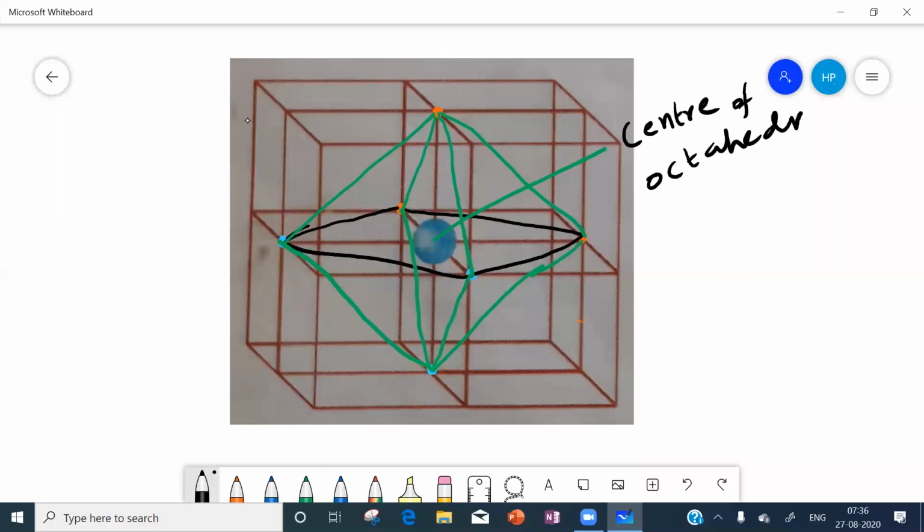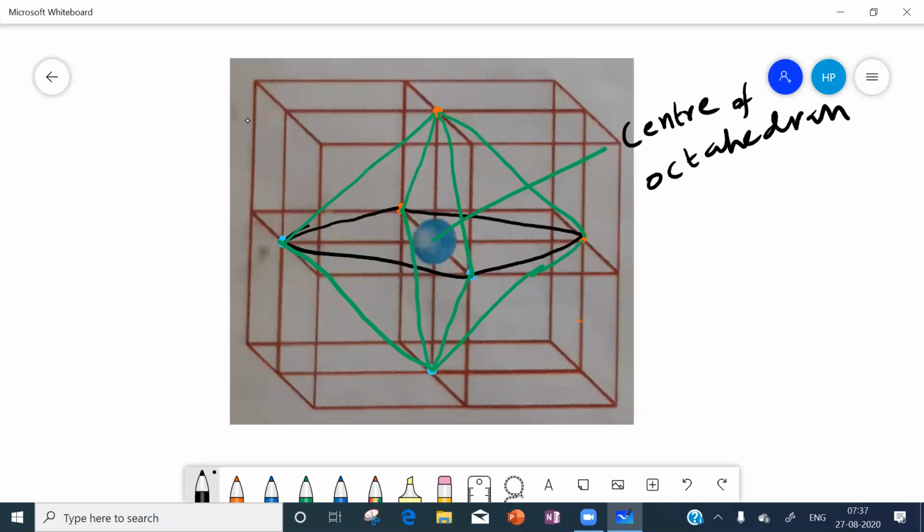Now you say, center of octahedron we got. What is this center of octahedron? What is the name of this center of octahedron?